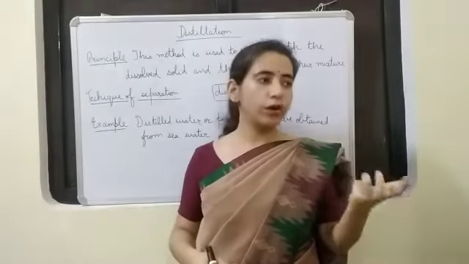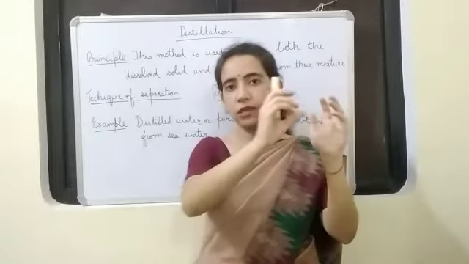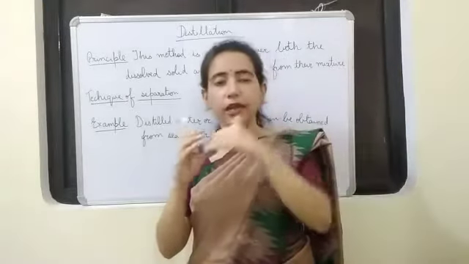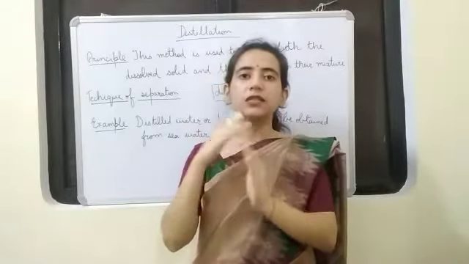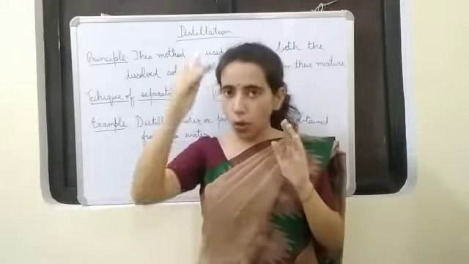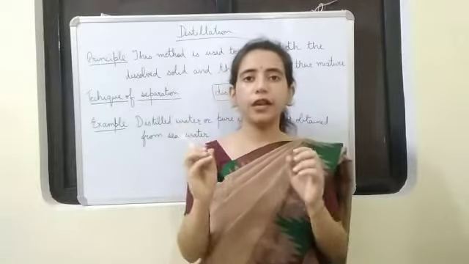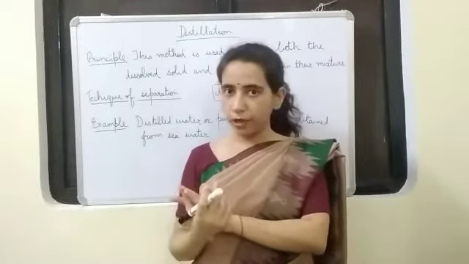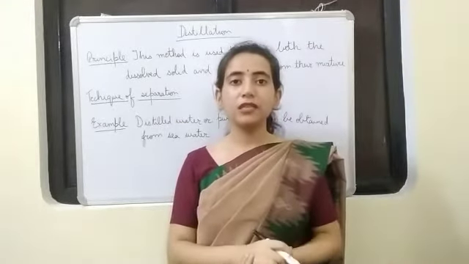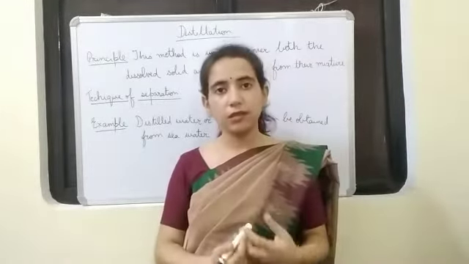The liquid will evaporate and form vapors, and the mouth of the distillation flask is connected to the condenser, and the vapors won't be allowed to go into the atmosphere. Instead, they will go into that condenser, which is supplied with cold water. So the vapors will get a cold surface and they will condense and form the liquid back. That liquid will be collected in the beaker. So that was the technique of separation. The liquid we got is known as distillate. The process is distillation, and the liquid that is collected from the vapors is known as distillate.